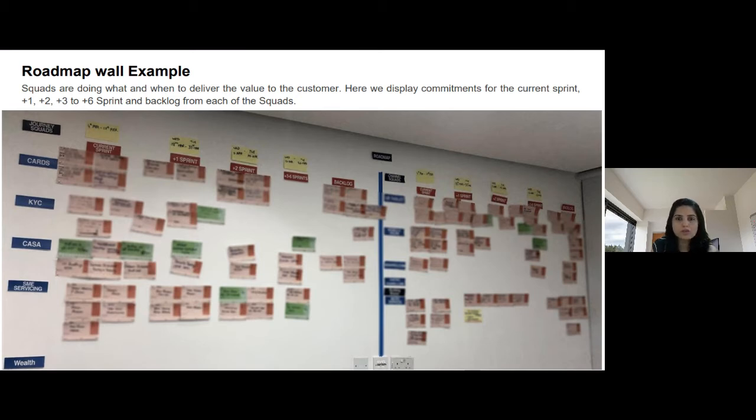So this is the actual Mashruq wall which we are using. This says journey squads. I am on the roadmap wall again, and it is now showing journey squads, and I have divided into channel squads. So channels are, say, web and mobile and tablet. Those journeys are here, and then the squad names are here. They have put in the current sprint, +1 sprint, +2 sprints here.